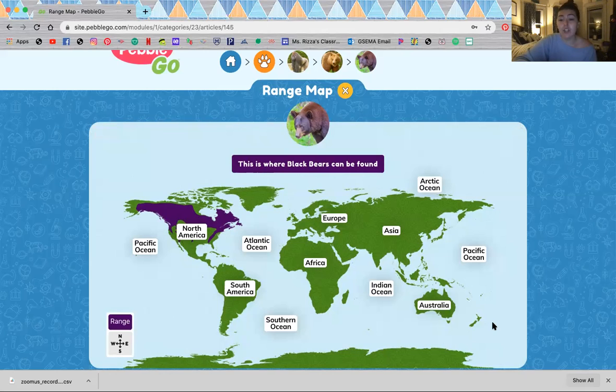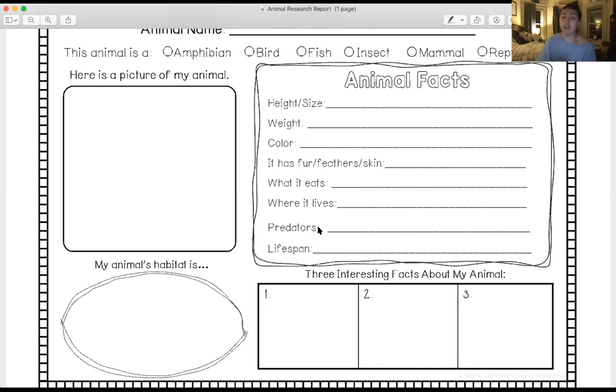My next section here is predators. So predators means any animals that eat your animal. Now on some Pebble Go pages, this is on the page, but for some it's not. So you need to think about your animal. So I know that bears eat squirrels. So if your animal was a squirrel, your predator would be a bear, because bears, my animal, eat your animal,